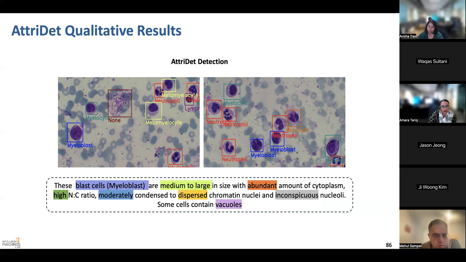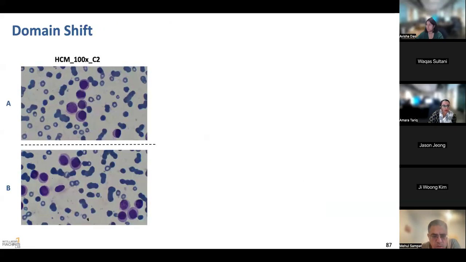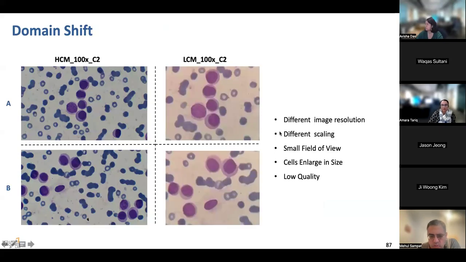So these are the results, and some of the qualitative results, obviously. Since we have different domains here, for example, this is one microscope, and the other microscope has different challenges. We got different resolution, different scaling, field of view, and low quality and all this stuff. So we basically also